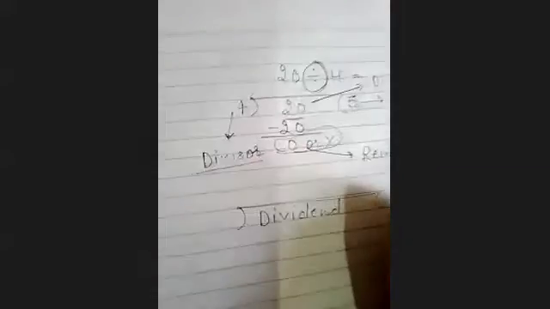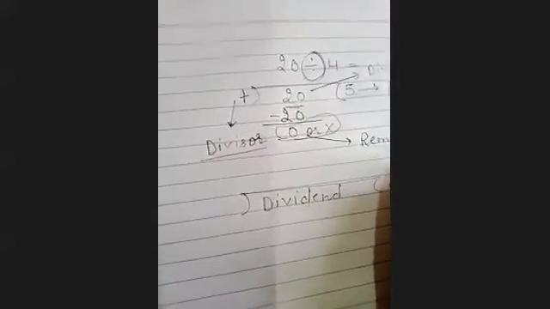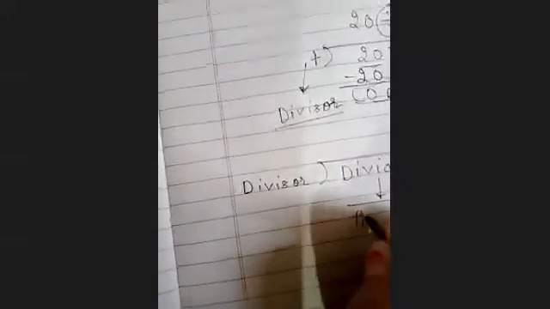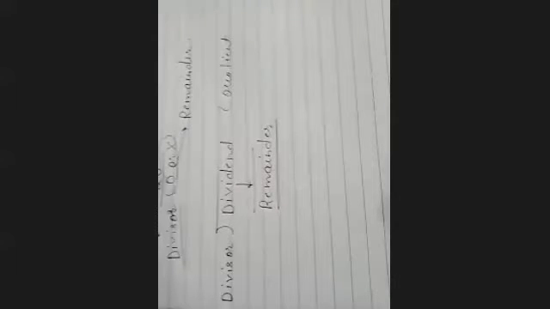On this basis, there is one formula, a formula to check the answer. You will write this in your classwork copy. This is called dividend. This is called quotient. This is called divisor. And after division, what is left here is called remainder. You all have to write this in your classwork copy. Divisor, this is dividend, this is quotient, this is remainder. Is it visible to everyone?